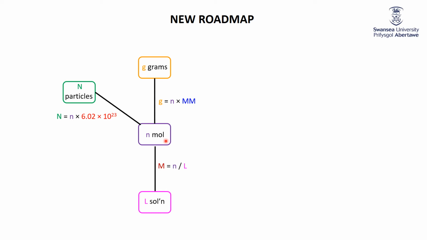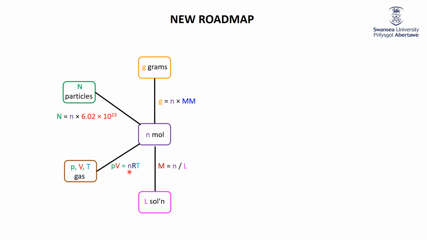Then a little bit before the solution, although I didn't relate this directly to the roadmap, but I trust you can remember it and do so now, we said, well, sometimes your pure substance isn't a solid or a liquid, it's a gas. And the trouble with gases is that they're really not very dense at all. And so a small volume has a really teeny mass. So what we'll typically do with gases is we won't weigh them out, but we will determine their volume at a particular pressure and temperature. And using the ideal gas law, PV equals nRT, we can relate the pressure, the volume, and the gas to